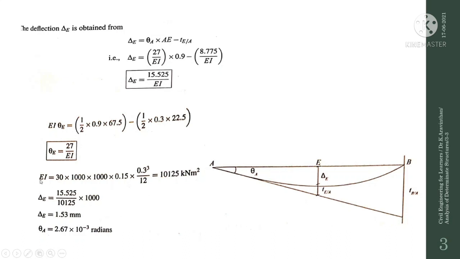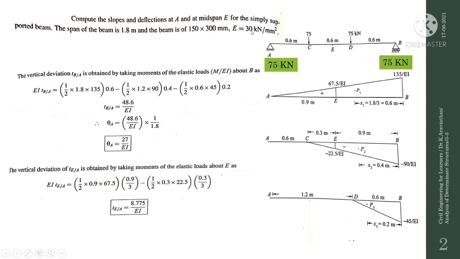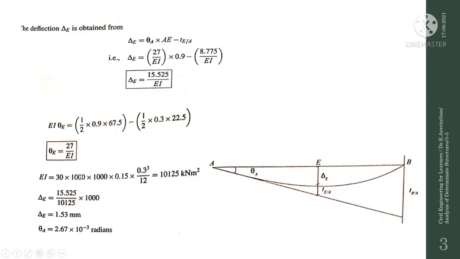So as you know, the EI is given. We know that the Young's modulus is 30 kilonewton per mm square, and if you convert to meter square, you have to multiply by 10 power 6. So you will be getting 30 kilonewton per meter square in terms of Young's modulus. If you want to find the moment of inertia, it is BD cube divided by 12. The breadth will be 150 mm; if you divide this by 1000, you will be getting it in meters. So 0.15 into 0.3, BD cube divided by 12. The depth will be 0.3, and if you multiply, you will be getting it in terms of kilonewton meter square. So this will be the EI value.